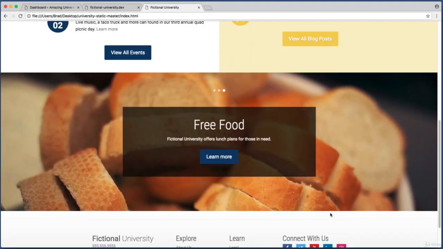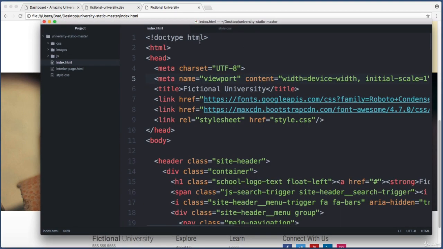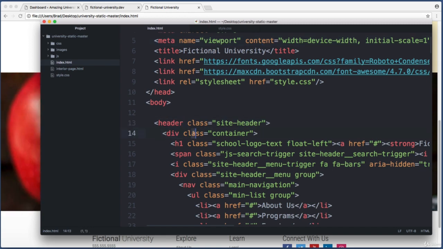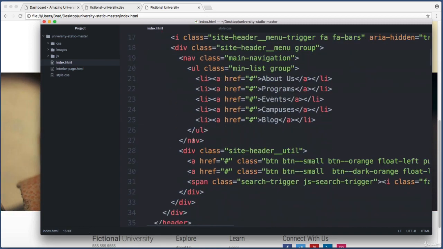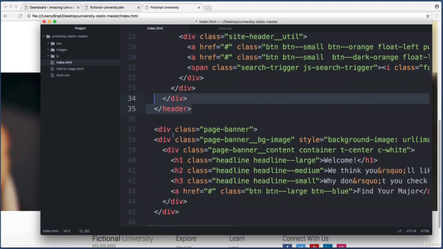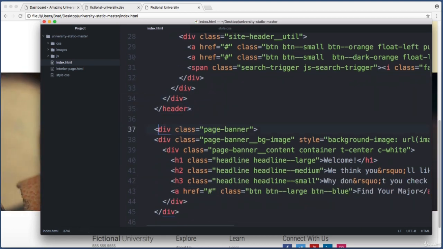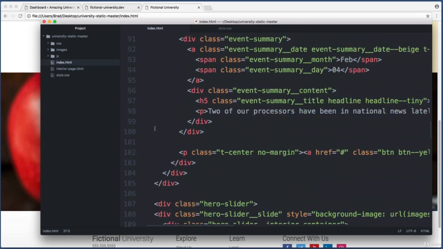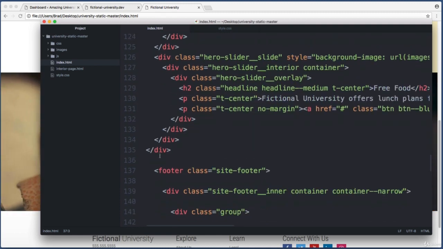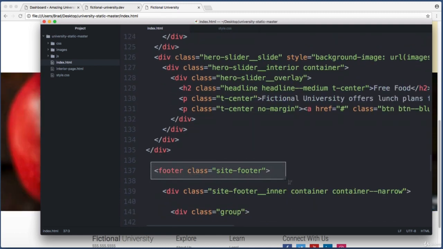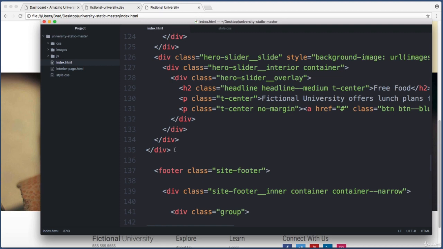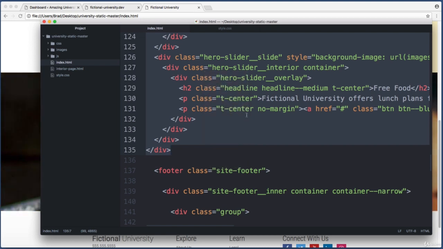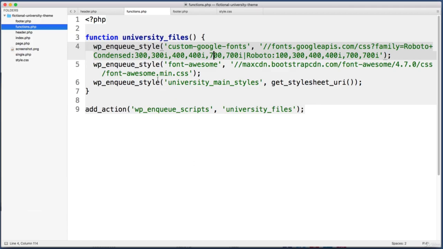So to do that, let's jump back into our index.html template, and you can scroll up to the very top, and then you'll notice that we've already imported this header element. So scroll down a bit until you get to the end of the header element, and then let's place our cursor right before this page banner element, okay, and then let's scroll down all the way to the bottom right before the footer element begins. So we don't want to include this, we've already copied and pasted that. So just hold down Shift and click right here at the end of this div. So let's just copy that to our clipboard,